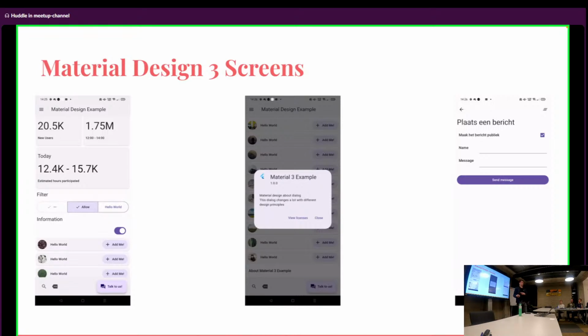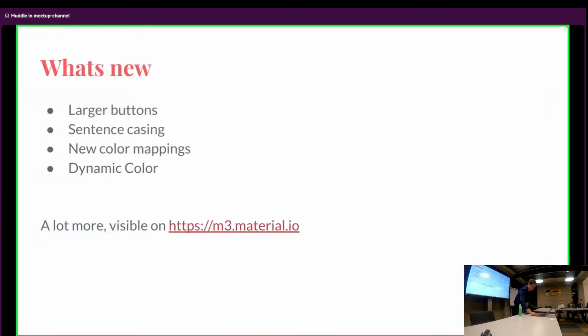But the rest I'll leave up to you, because that's what is new. I kind of explained it. There's a beautiful website, I'm just going to show it to you in a bit, where they basically explain everything that has changed. You can look per component. You can see what is different between Material 3 and Material 2. And you can also